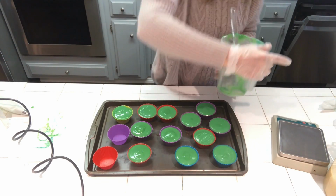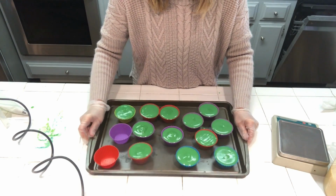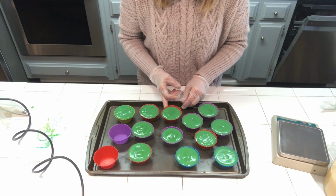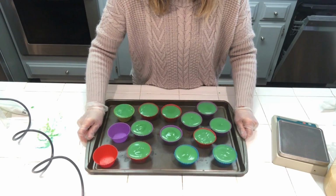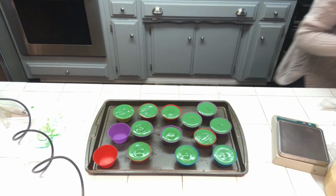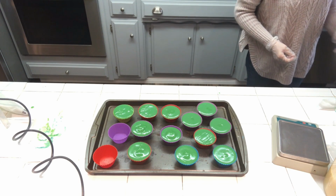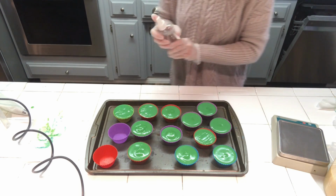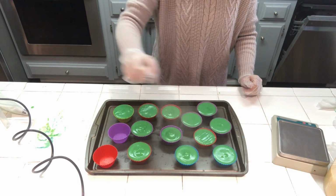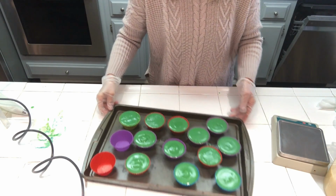Okay, so we're just gonna tamp this down a little bit. Move that one a little bit further, there we go. Then I'm gonna spray my bases with 91% rubbing alcohol. Okay, and now we're ready to go ahead and put these aside and prep that